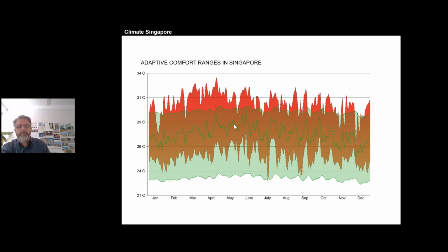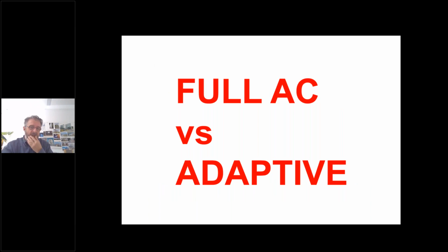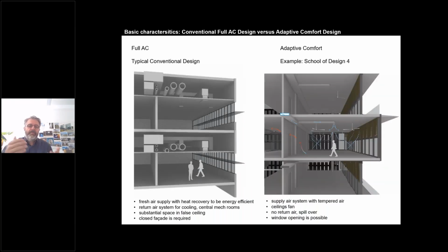So to bring that forward, we have been introducing the idea, and we said, okay, let's make a comparison between full AC, simple design versus adaptive design. So let's think about how we can bring things together from both worlds. And I have a very simple comparison. On the left-hand side, you see the full AC, a typical conventional design, with fresh air supplied with heat recovery, which is not typical for Singapore, but we wanted to say, let's do it as efficiently as Swiss people, for instance, would do it. We have a return air cooling. We have a large false ceiling because it needs to cover